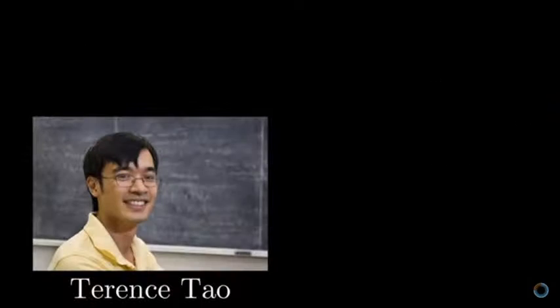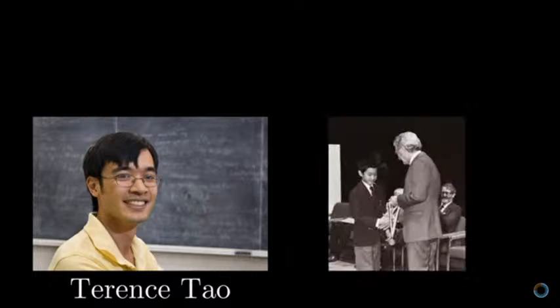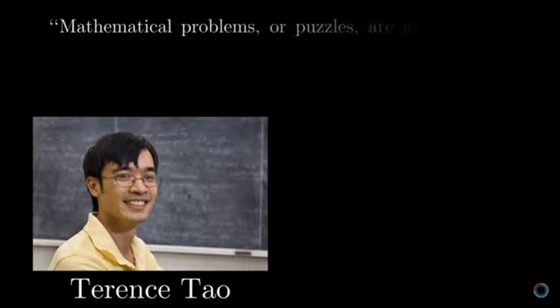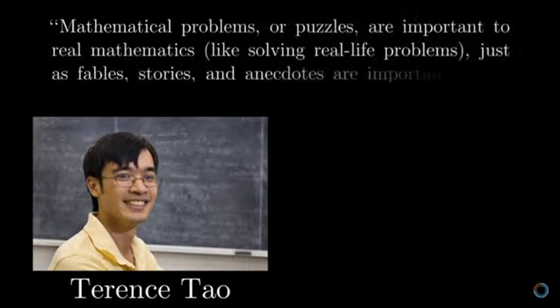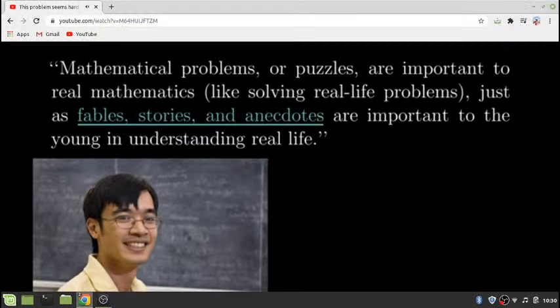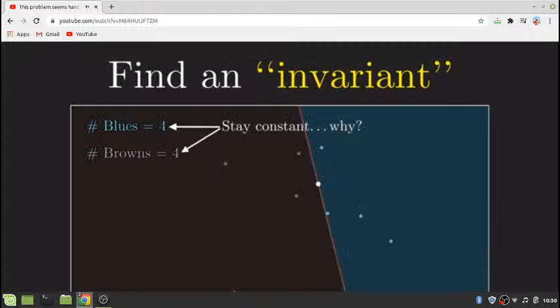Terence Tao, one of the greatest modern mathematicians and the world's youngest IMO medalist, wrote that mathematical problems, or puzzles, are important to real mathematics, like solving real-life problems, just as fables, stories, and anecdotes are important to the young in understanding real life. Sure, these kinds of puzzles are contrived, but they carry lessons relevant to useful problems you may actually need to solve one day. Maybe it seems silly to liken this windmill puzzle to a fairy tale,